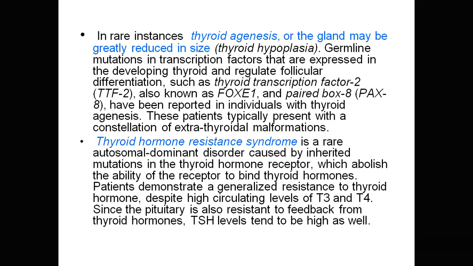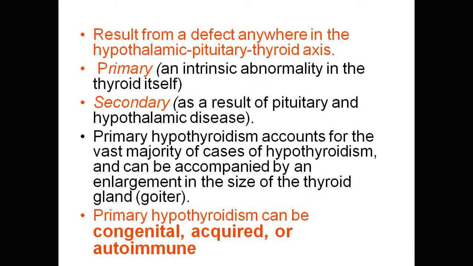So thyroid hypoplasia, some mutation, thyroid hormone resistance syndrome. Similarly, hypothyroidism is also primary and secondary. Primary is where there is an intrinsic abnormality of the thyroid, and secondary is the result of pituitary